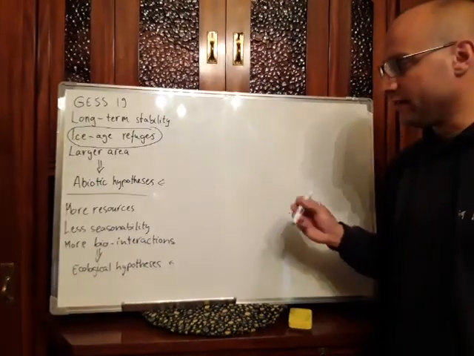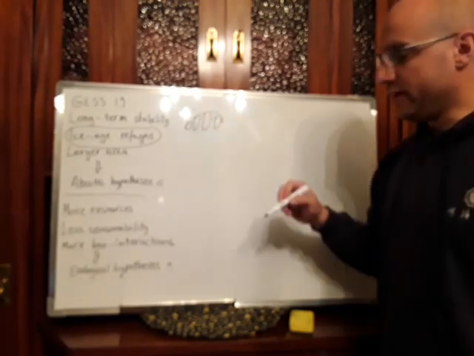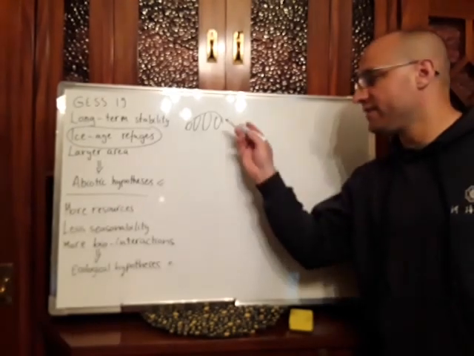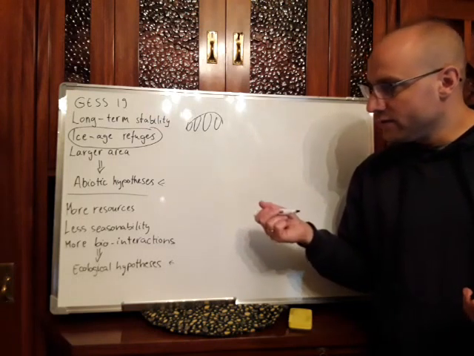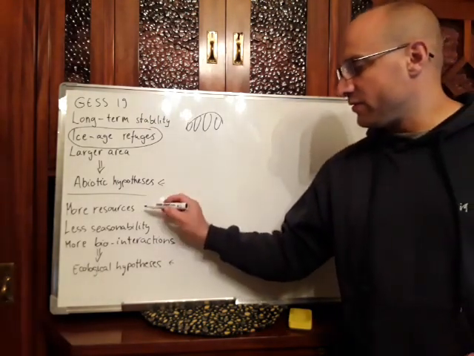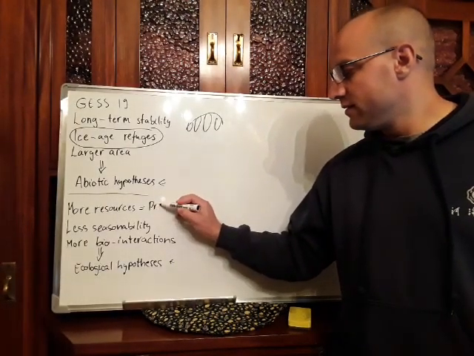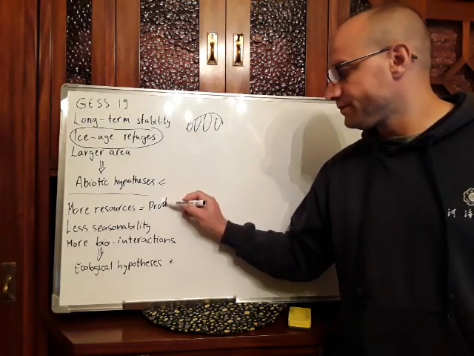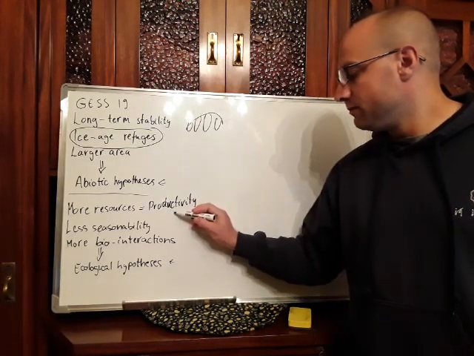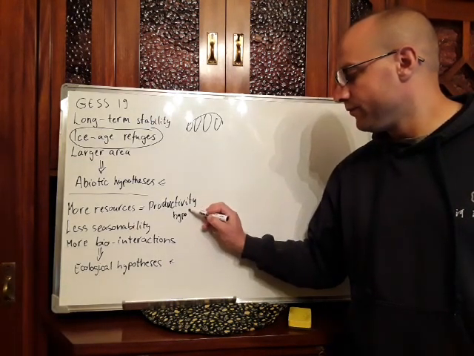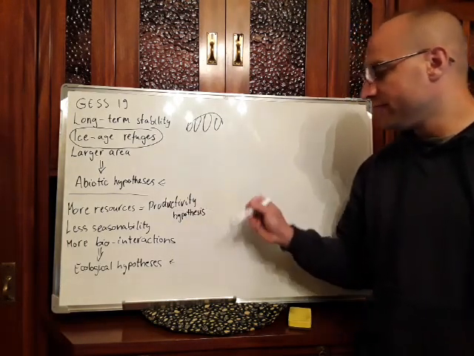There was this little drawing, something like this, which often students would be asking what is that about. So when we say that there's kind of a productivity or more resources, so I can also put here, this is the productivity hypothesis. Got it? So productivity